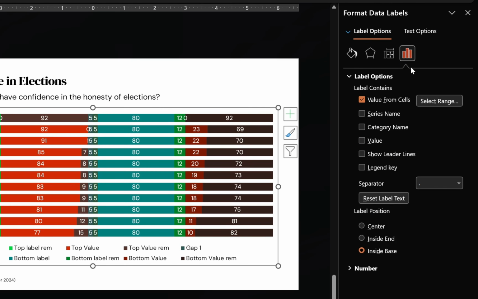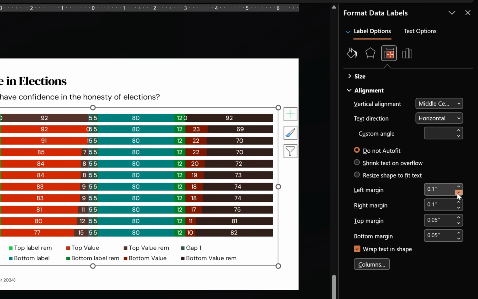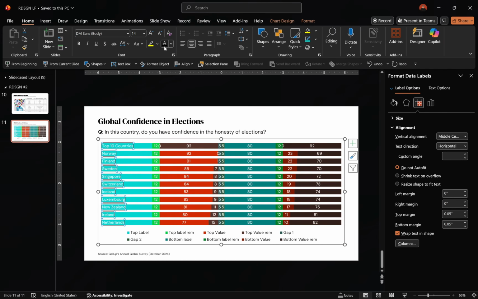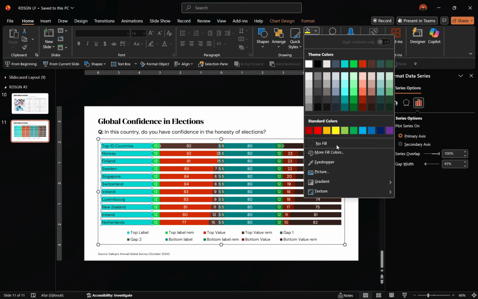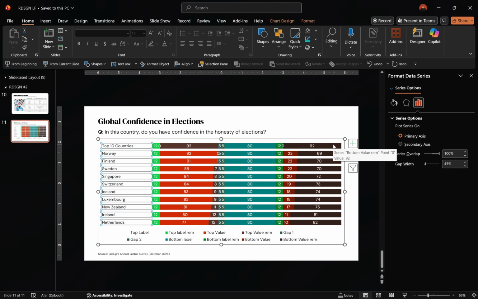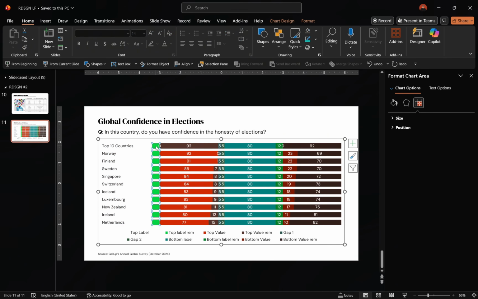After that, move to the size and properties section and set the left and right label margins to 0. Now we can just change the color of the text and make the underlying bars invisible by removing their colors. Move to the next segment, and since these are assumed placeholder values, let's delete the labels and make the bars